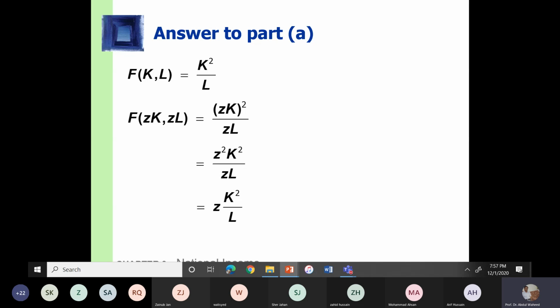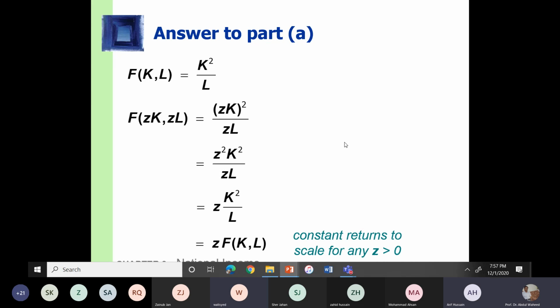क्या केस है इसमें? We have increased all inputs, सर, by Z. स्क्वायर का जो नीचे Z है उसको डिवाइड कर दिया तो Z खत्म, सिर्फ Z आएगा. Z आएगा ना? जी बिल्कुल. तो अब मुझे बताएं कि ये किस किस्म का रिटर्न्स टू स्केल है। सर ये हमने कैसे अंदाजा लगाएं? कैपिटल और लेबर को Z से कांस्टेंट इंक्रीज किया, आउटपुट भी Z से बढ़ा ना, ये तो सेम है ना। दिस इज कांस्टेंट सर, ये रिटर्न्स टू कांस्टेंट स्केल है।